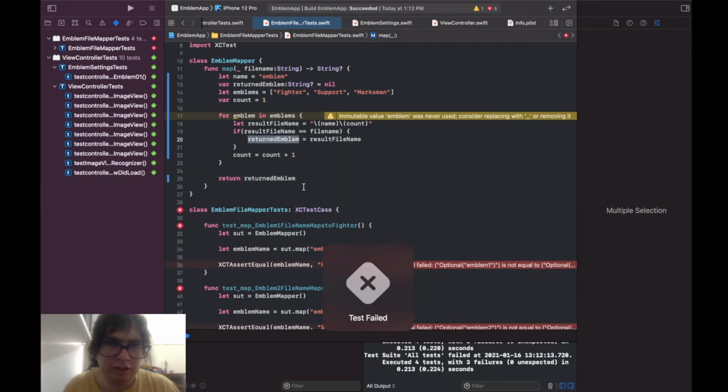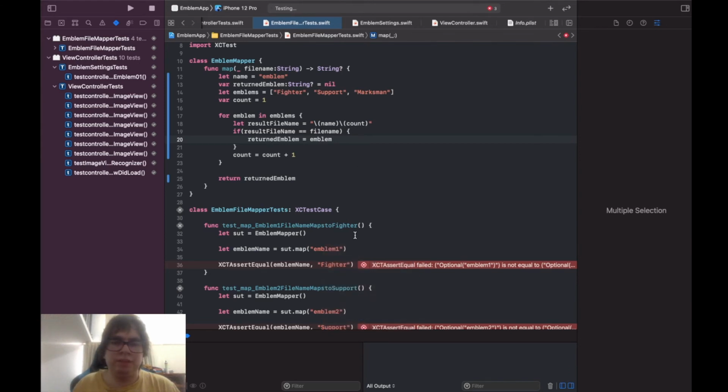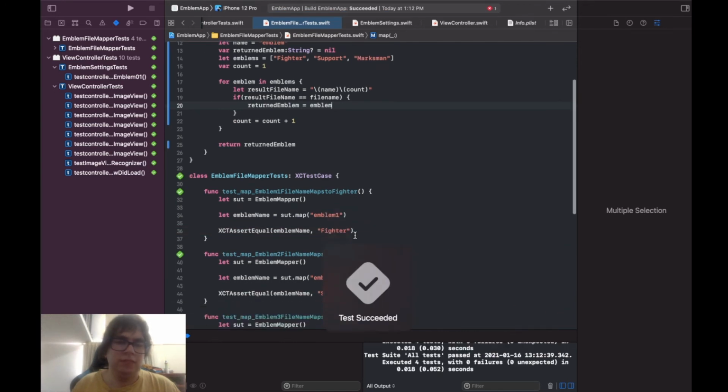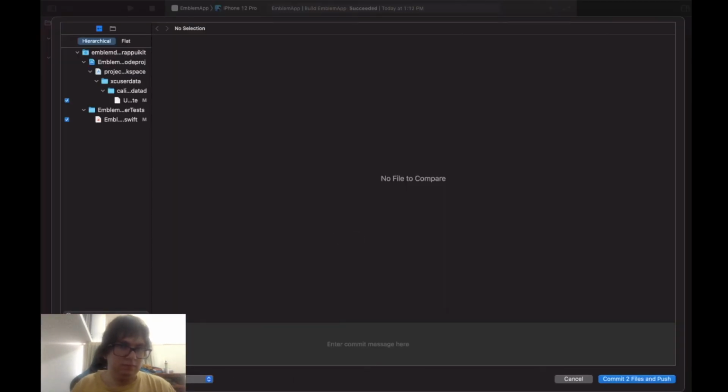Yeah, I'm sorry, it's not the return emblem. Return emblem equals the emblem, because that's what I'm trying to do. Yep. So that was the problem there, and this should pass now. Yeah, and all the tests are passing, so I'm going to commit. Refactored the mapper to use arrays and